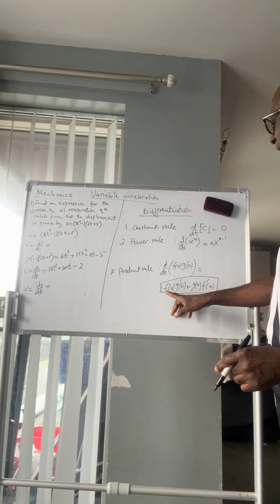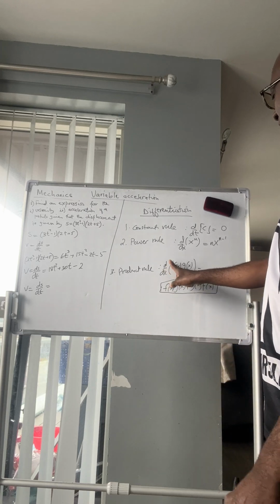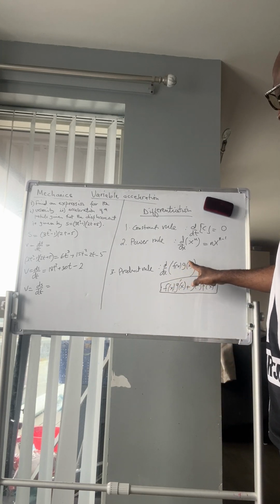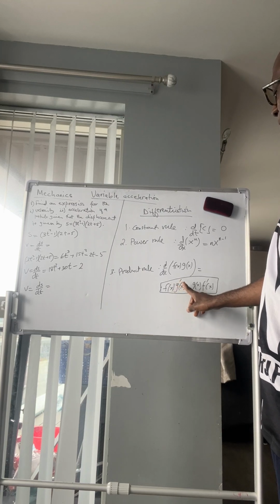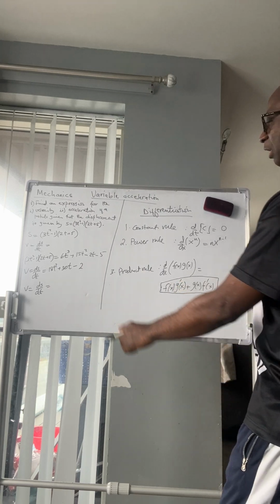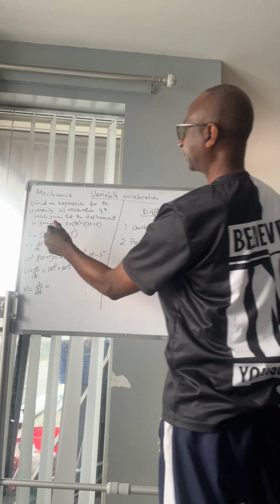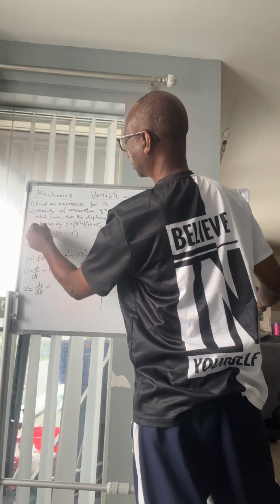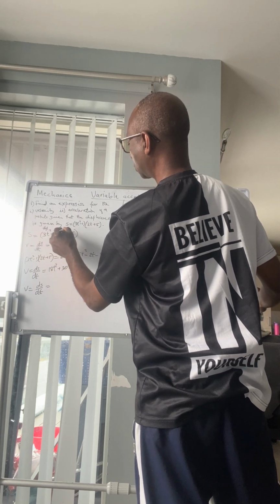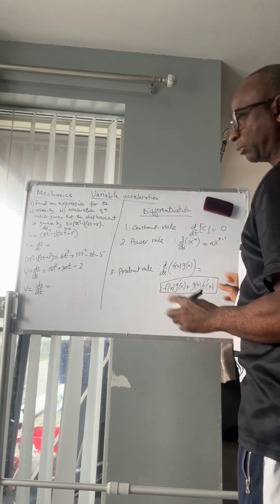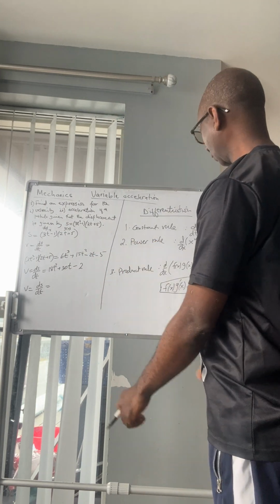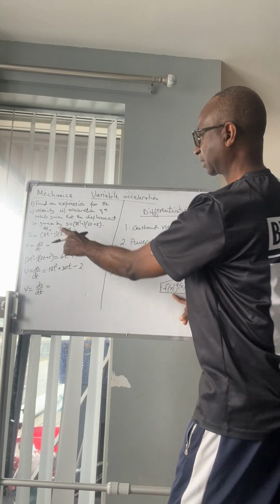The product rule says if you have d/dx of f of x times g of x, this will give you f of x times g prime of x plus g of x times f prime of x. So if this is f of x and this one is g of x, we are multiplying two functions together. The rule says f of x, which is